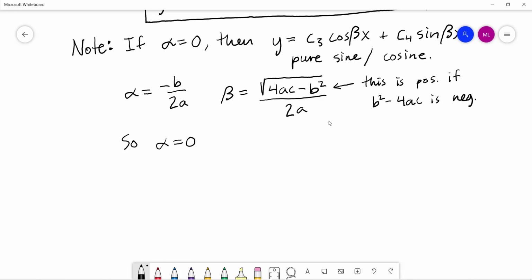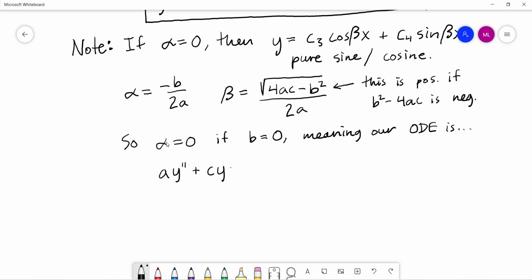So basically, when will alpha be equal to 0? How do I make this term be equal to 0? Well, the only way I can make this term be 0 is by letting b itself be 0. And what does that mean back in the original differential equation? So what it means is our ODE is actually just a y double prime plus, remember, we're assuming now b is 0 if alpha is 0, plus cy equals 0. This is the form of a differential equation missing the first derivative term, so no first derivative,